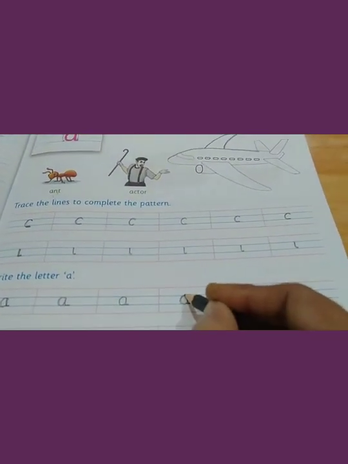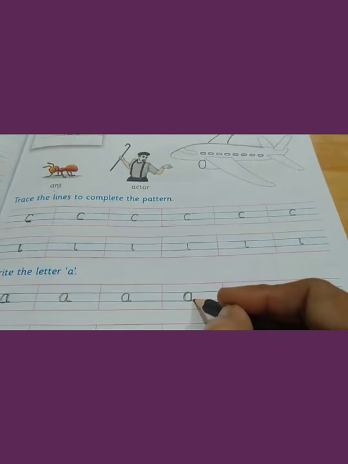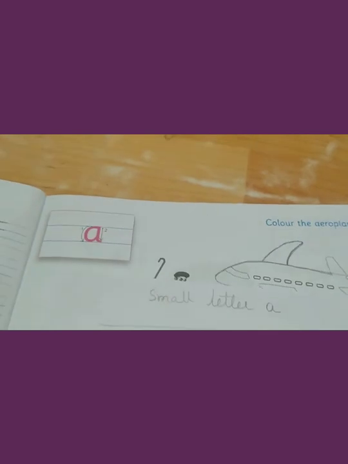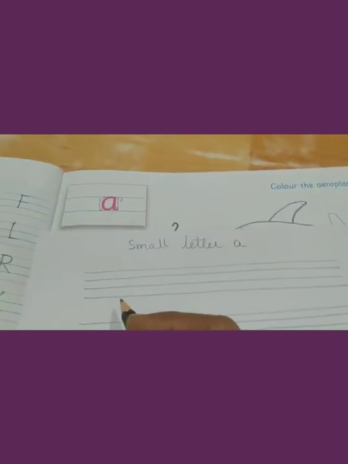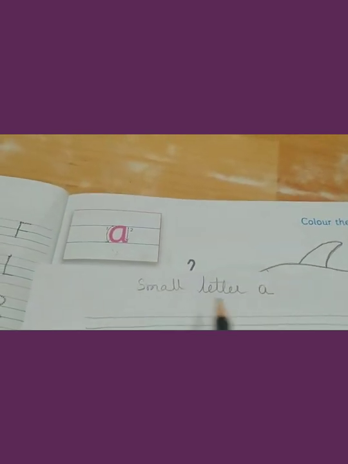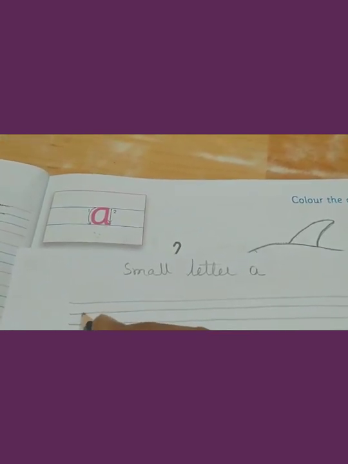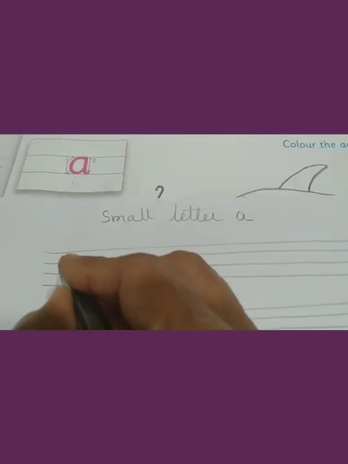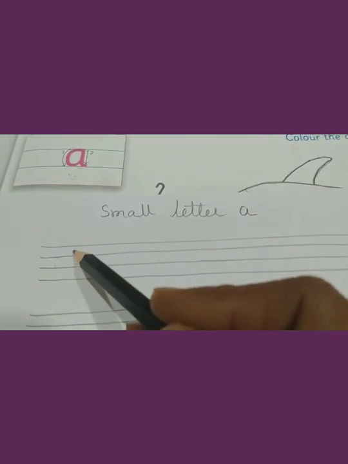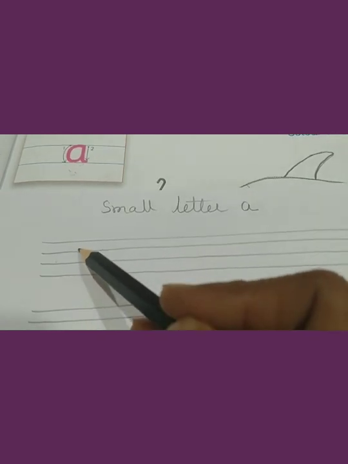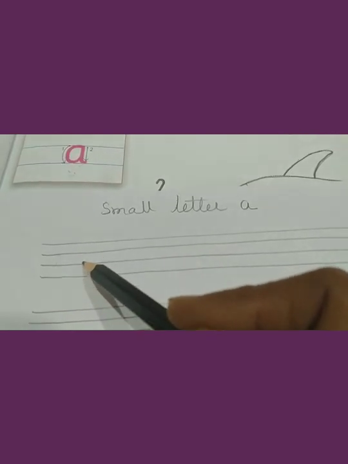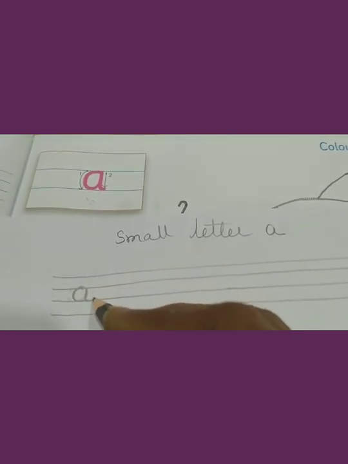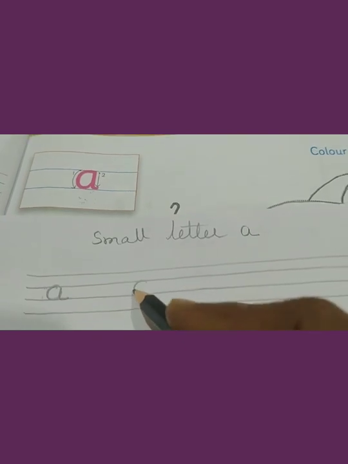See here. Half circle you have to take first, and after that from here take the stick this way. Now have your 4-line book. So small letter, how to write? See here. This is your 4-line book, and in the middle 2 line, no? 1, 2, 3, 4. This 2 line you can see, no? This 2 line here you have to write. Put round, and this you take down this way. See here. A.